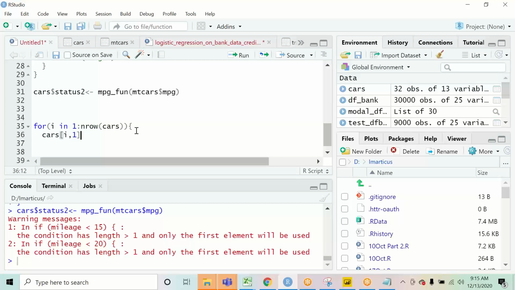So we are moving row by row. And in each row, I want to create a column of status 3, and what should its value be equal to? We already have a function with me, that is mpg underscore fun, and it should check that thing for my data set, that is cars dollar mpg, the value of each row, row I over here.